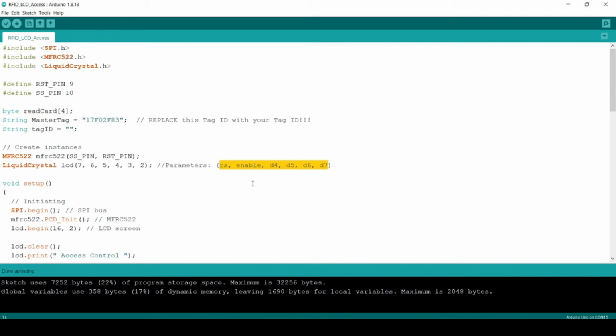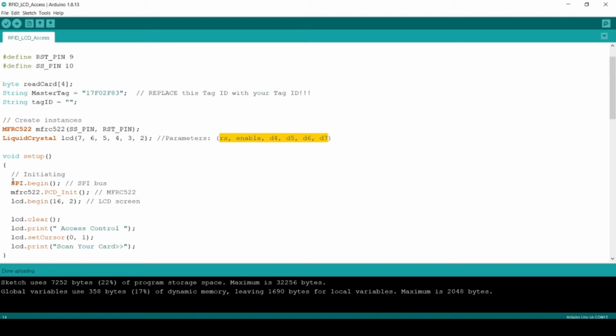So what we are going to do in the void setup. First we are going to begin the SPI, because our RFID is going to use the SPI protocol. So the first thing that we need to do is begin the SPI communication here. After beginning SPI communication, we have to initialize the RFID, and then we have to begin the LCD module,